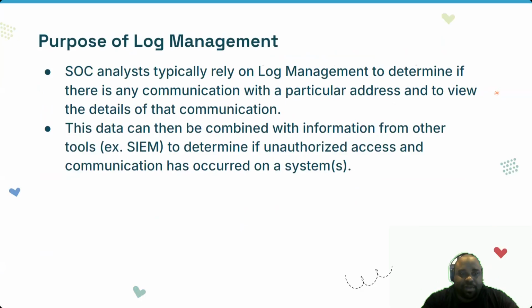So I mentioned some of this before. Purpose of the log management. Log management is going to help us to find the details of the different activities or events that have occurred. Specifically, communications from one address, like maybe an IP address, to another address, from one protocol to another protocol. The log management tool will let us be able to view that, and then we can take that information, combine